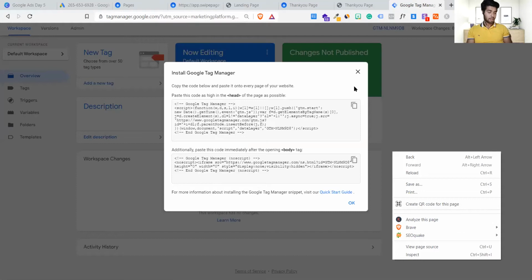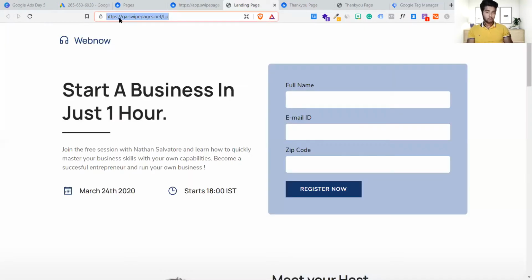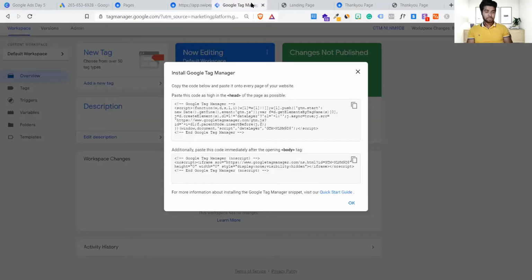And we are here in our dashboard. Now we have successfully created a new account in Google Tag Manager separately for this domain. This is the domain web now, and this is the landing page where we're going to configure it.